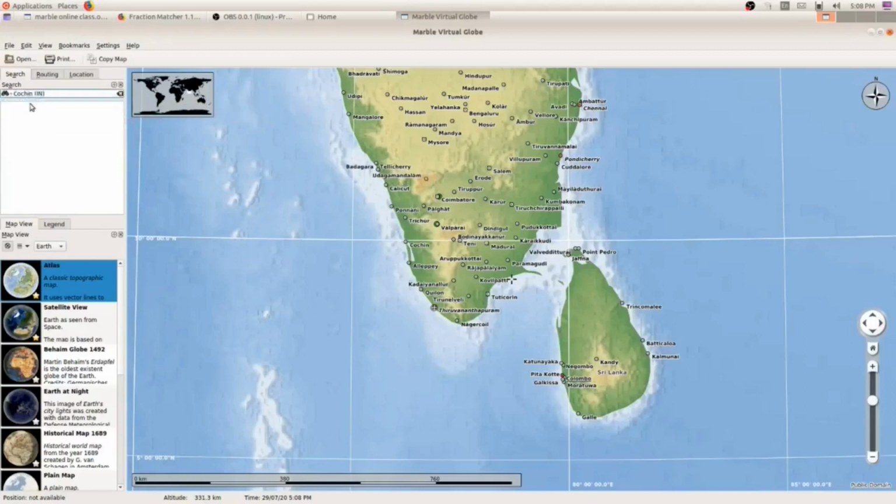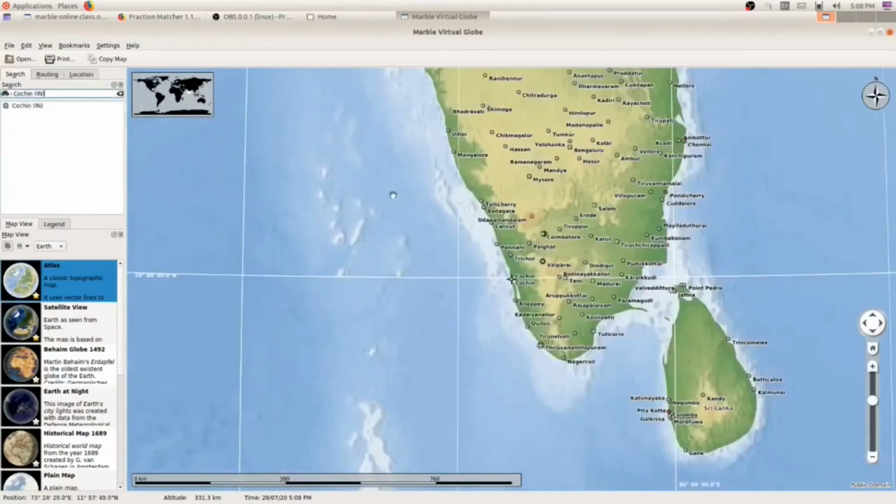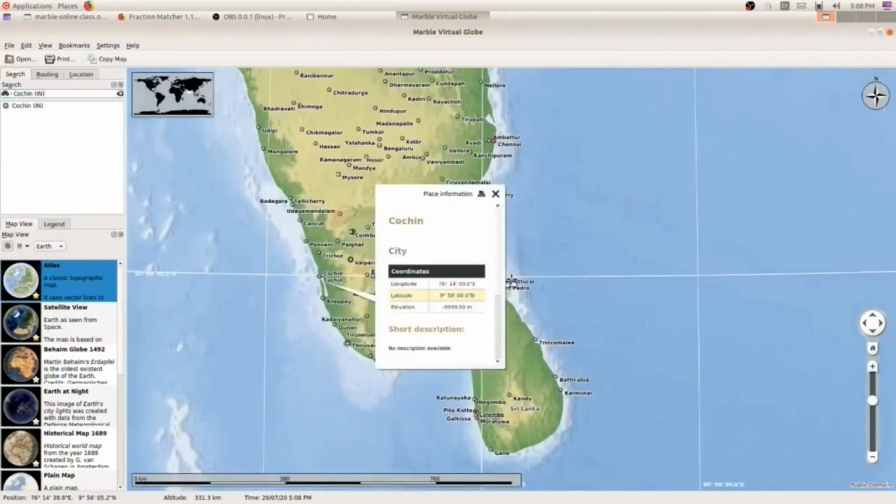So you can see here Cochin, press enter key and you can see a white cross mark here. Left click on that cross mark in Cochin. Then a white color window will appear. Inside this you can see the longitude and latitude values. Don't bother about these values. It is reading out like this: 76 degree 14 minutes 0 seconds E. E stands for east, and latitude means 9 degree 58 minutes 0 second N. N stands for north.